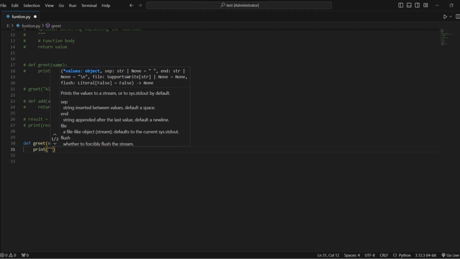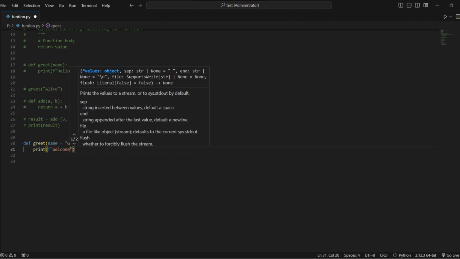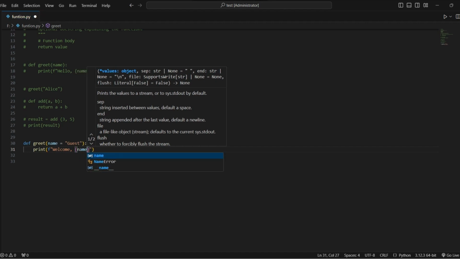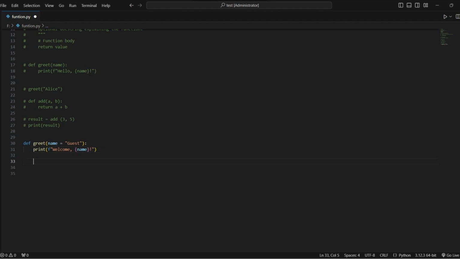So welcome, use curly braces and pass the variable here. And here what we are going to do, first we are going to call the function, and after that we are going to call the function. Inside the arguments we are going to pass the name Charlie. Alright, so now let's print this,